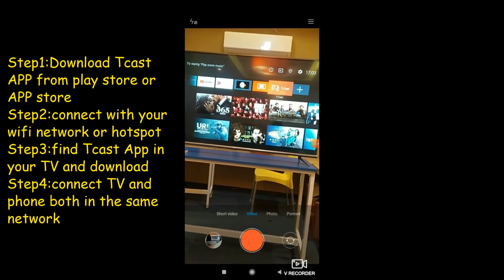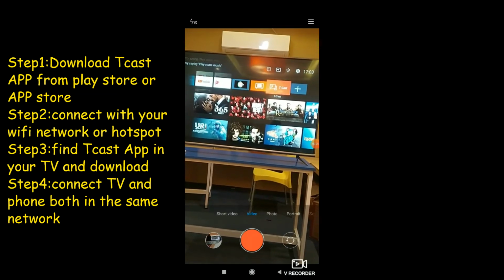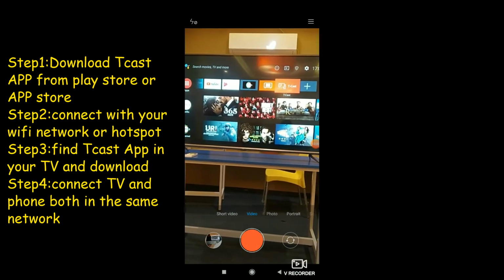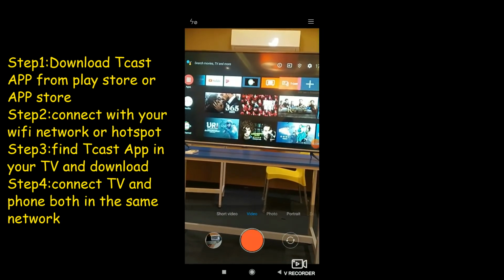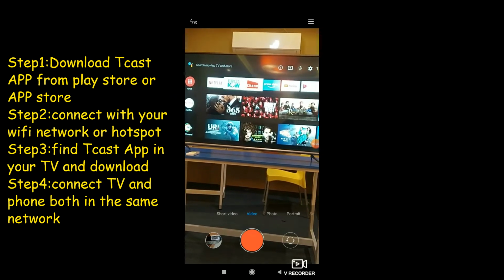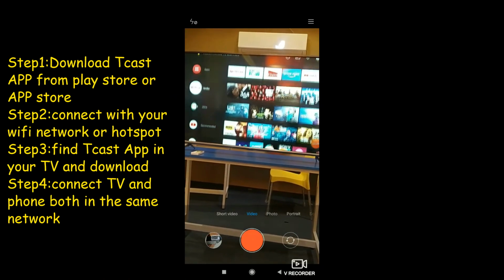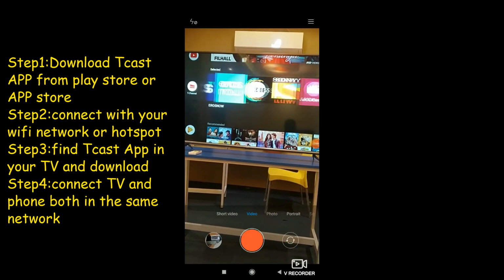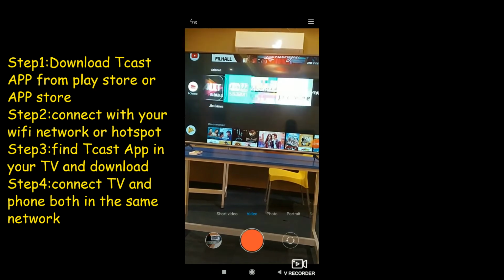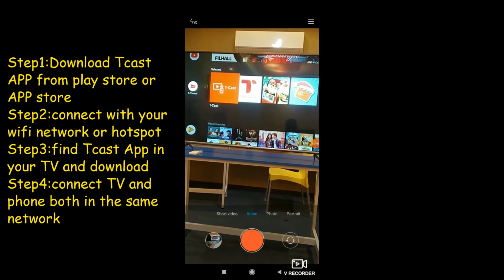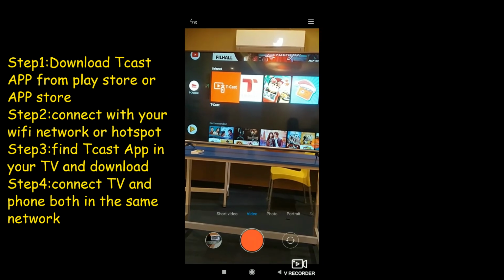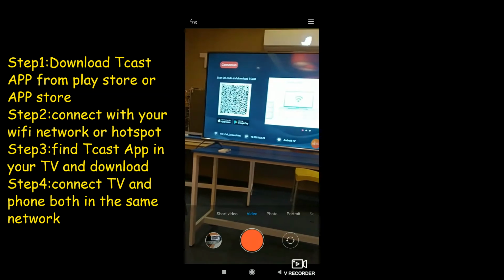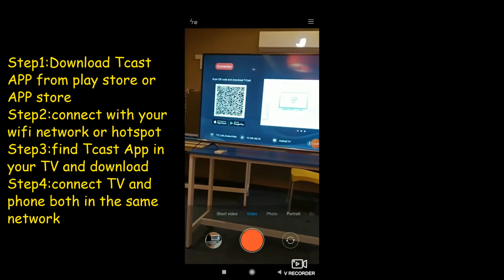You just need to click on the TCast icon, then the application will automatically get downloaded. If you are not finding the TCast application in this bar, just go to the channel bar and select this. You can find it here, TCast and browser. Just click on it, because in this TV it's already downloaded, so it's showing like this.